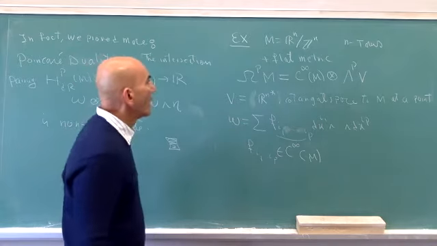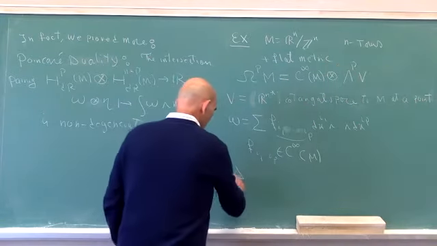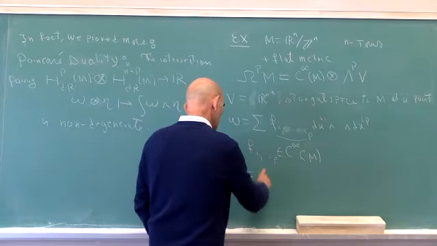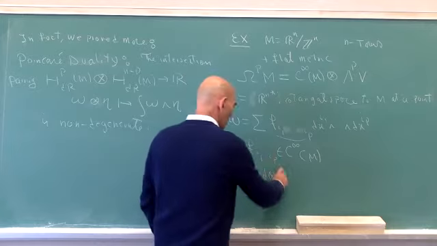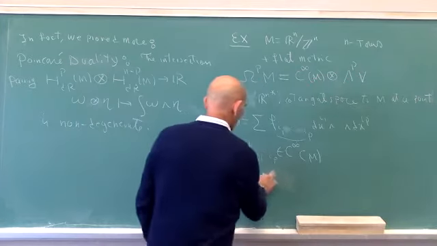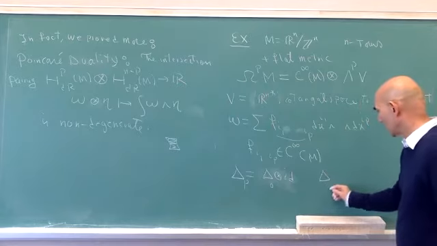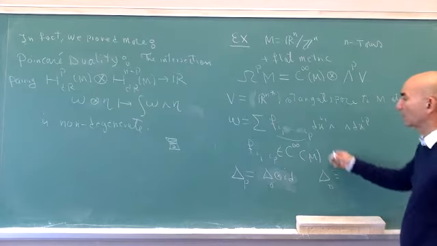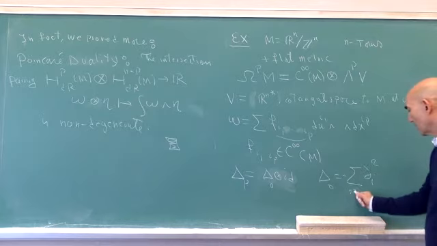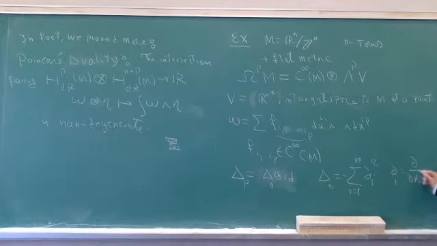It's very straightforward. And what about the Laplacian? The Laplacian is really like this: it's equal to the identity tensor the Laplacian on functions, zero-forms. Delta_0 tensor identity, where delta_0 is the Laplacian on functions, which is minus the sum of d_i squared, i from 1 to n, and d_i is d/dx_i.